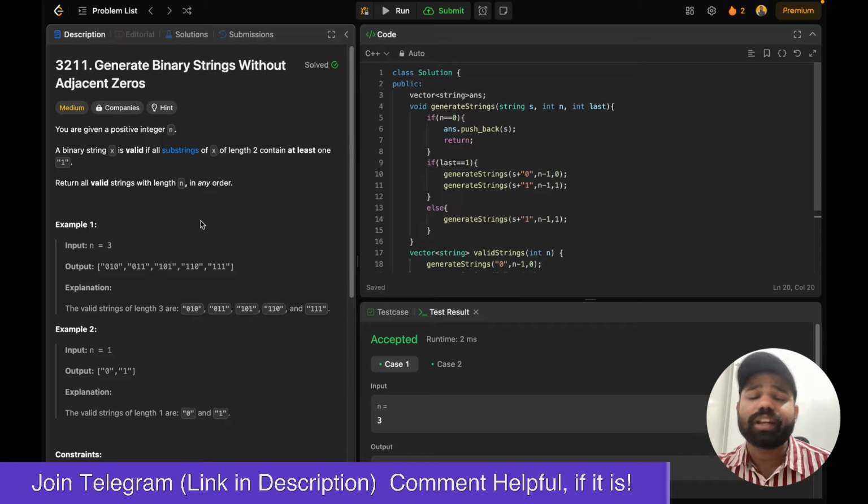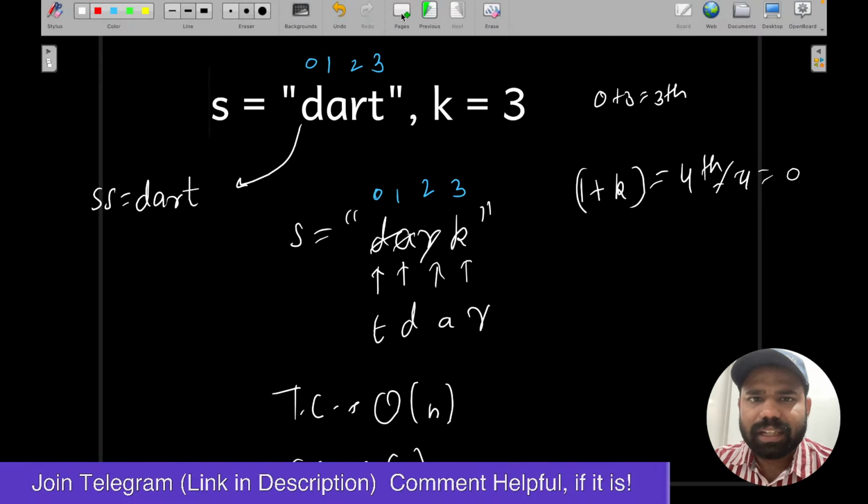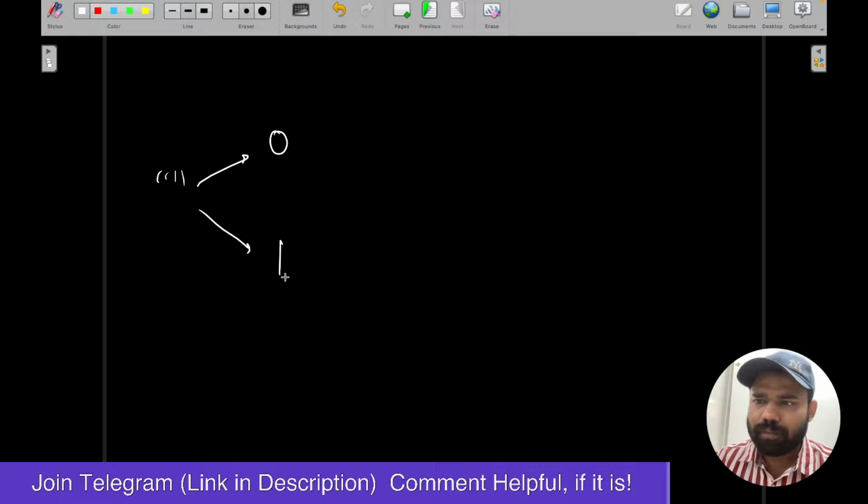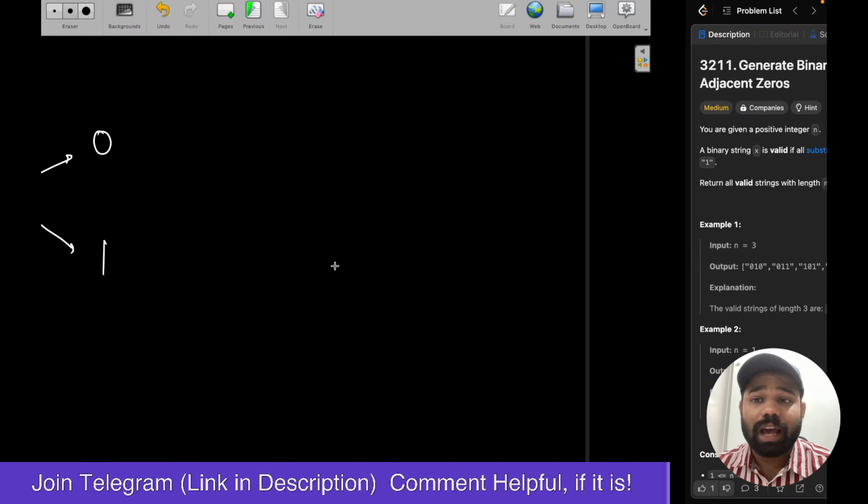There should not be any adjacent 0. How can we find these strings? We'll simply check all recursive cases. For example, initially our string is empty. So from which number should we start? We can start either from 0 or from 1. Now from this 0 or 1, after that also there will be recursion calls. But the thing is that we should not have